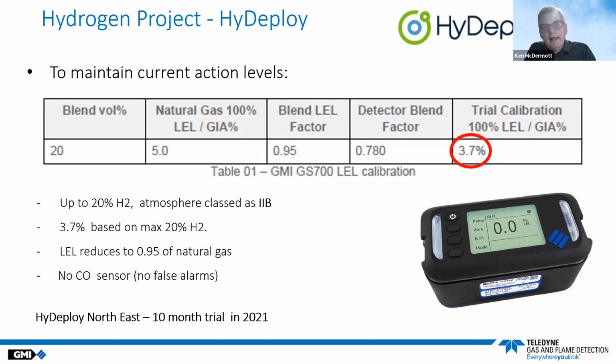Not ideal. And as you'll see later, things have moved on since HyDeploy, which started almost 2 years ago. What we found we had to do was work out what the equivalent LEL volume gas conversion factor was, and consultants within the project evaluated that and determined that with a maximum of 20% hydrogen in the blend, we had to modify the instrument so that 3.7% volume gas, that the blend was equivalent